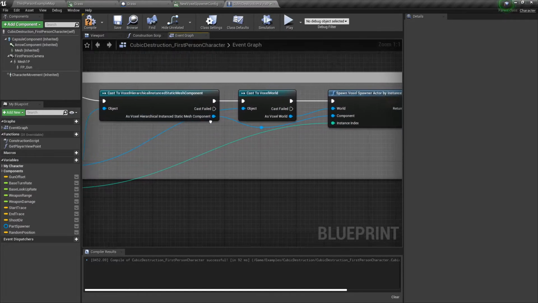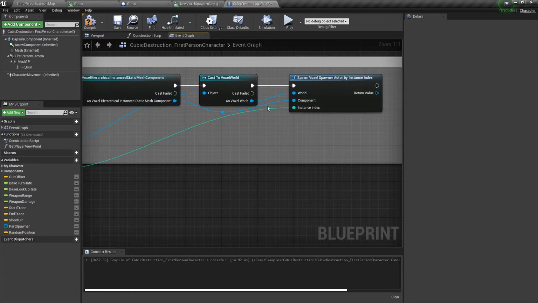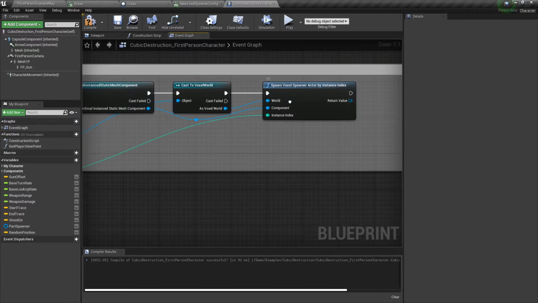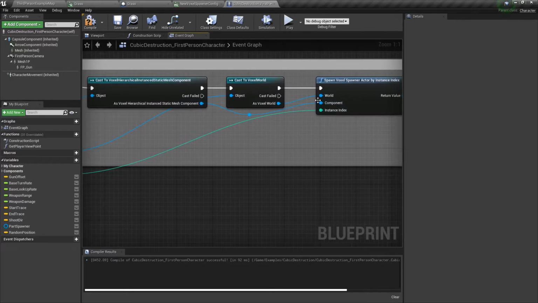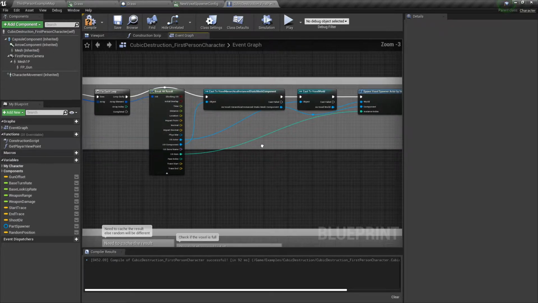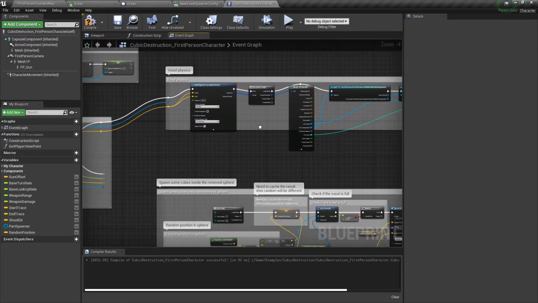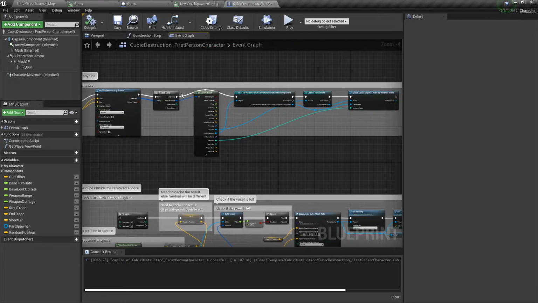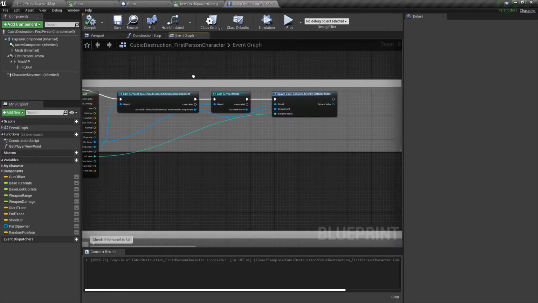The component of the hierarchical instance is going to go into the spawned voxel spawn actor by instance index. So make this, connect the world to as voxel world component to here, and make sure the instance index goes down to hit item. So once you have that, you have basically the physics set up for the falling action,